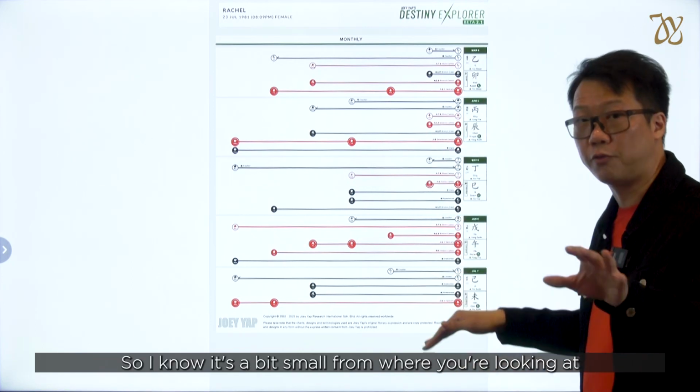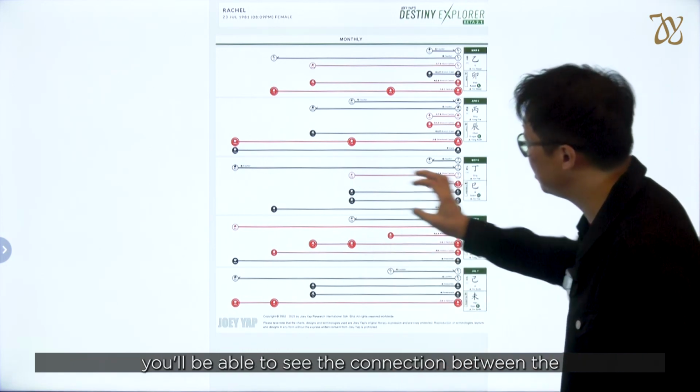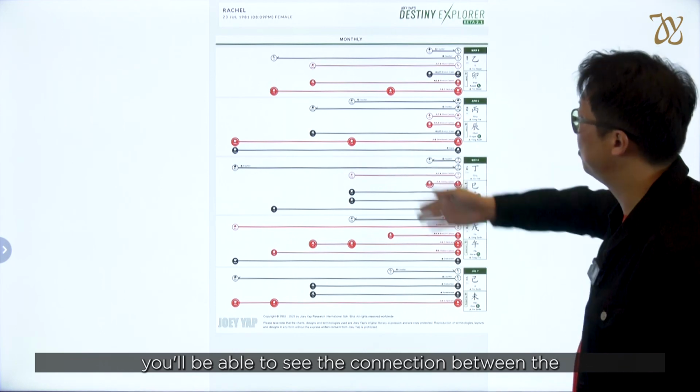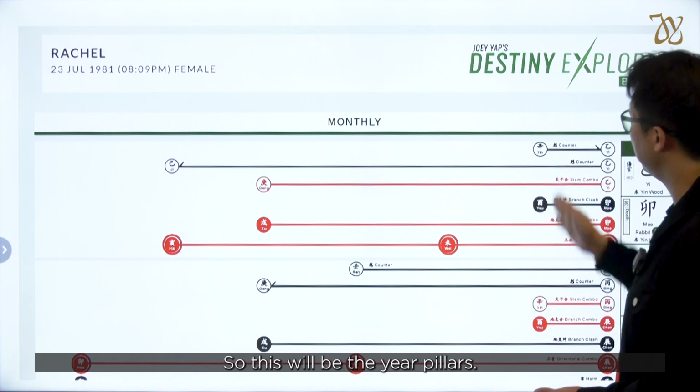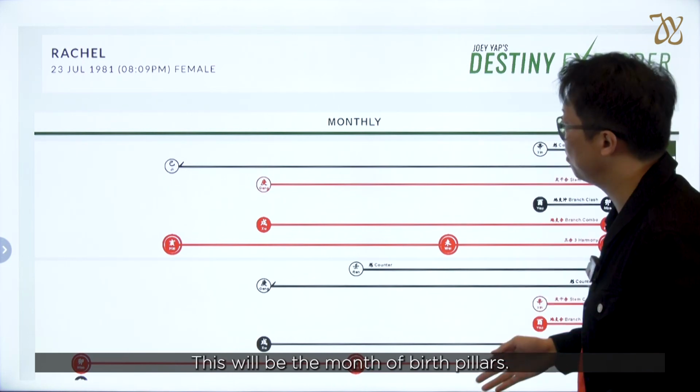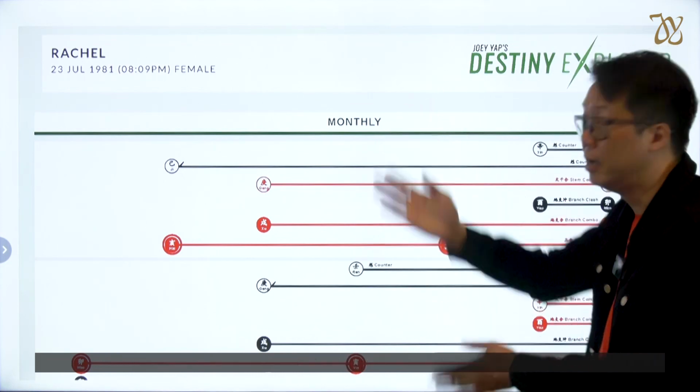So I know it's a bit small from where you're looking at right now. However, when you're seeing it close up, you'll be able to see the connection between the pillars from there. Okay, so it looks a bit like this. So this will be the year pillar. This will be the month of birth pillar. This will be the day pillar, this is all listed out. When you look at the full screen, it will just